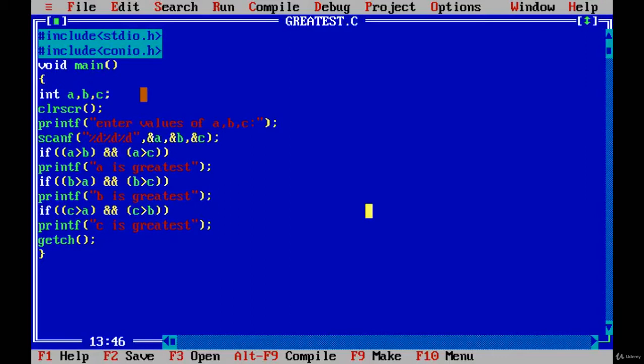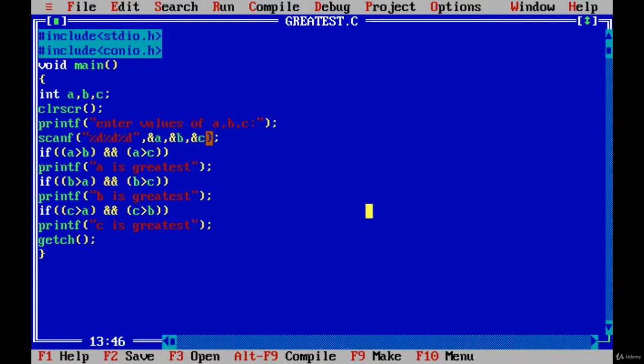To implement that logic and get the output, think about what inputs you have to take. Those inputs you can directly initialize in the program, or you can give them at runtime. Whenever you give values at runtime, you need to write scanf. Scanf means that the values you give at runtime will be stored in memory.